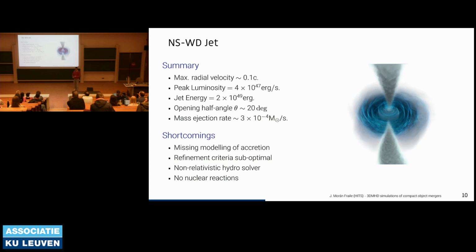First, as we were not modeling the neutron star, the actual maximum speed of the velocity is a bit unconstrained. We expect higher maximum velocities if we resolve closer and closer to the neutron star. Also, the resolution in the jet is not that great. So from the preliminary tests that we have made, if we add more resolution to the jet, it becomes more collimated and faster. And this also becomes problematic because the simulation that we were having here did not include relativity,